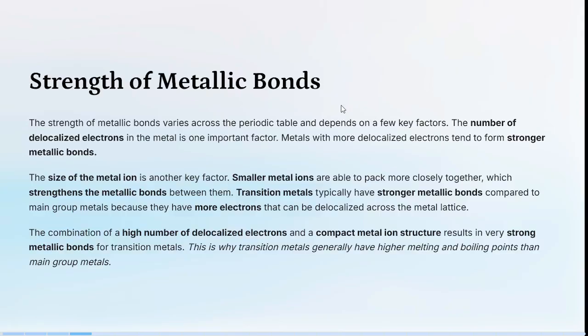So ion size, so long as the ion size or the atom size is smaller, it will always lead to a stronger bond. Another reason why smaller size leads to a stronger bond in metals is because it leads to closer packing. When you are trying to pack these metal ions together, because their sizes are small, they can pack